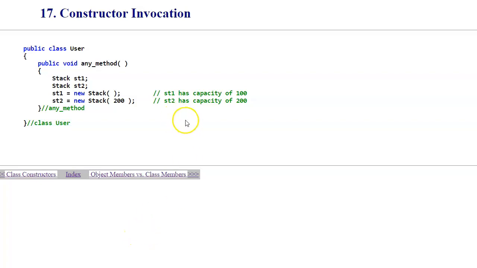A quick syntax example of the situation where constructors are invoked. For instance, in Java code, we can have the stack constructed by the new operator. So in Java, every time you create an object, you're required to use the new operator. In